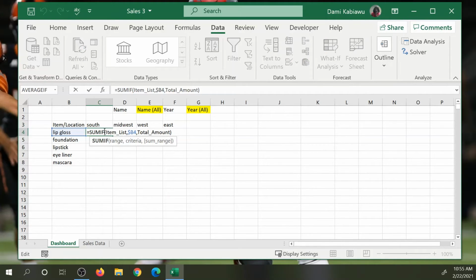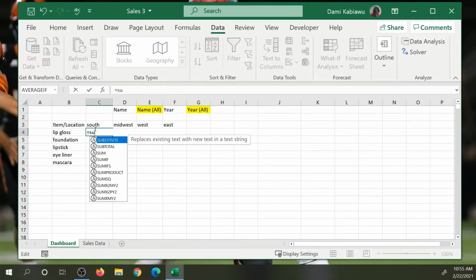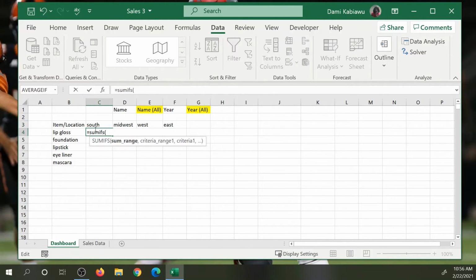I want to do two sums, so I'm going to delete this. That's how the SUMIF will work, but I also want to check if location is south. So how about we use SUMIFS. Here you start with the sum range, and then the criteria range, and the criteria, F4,